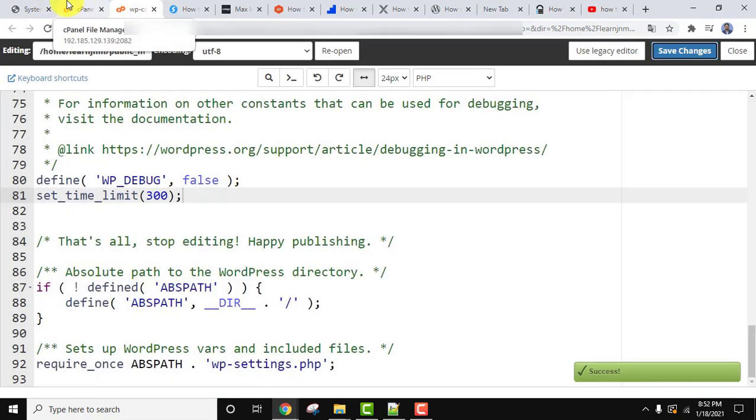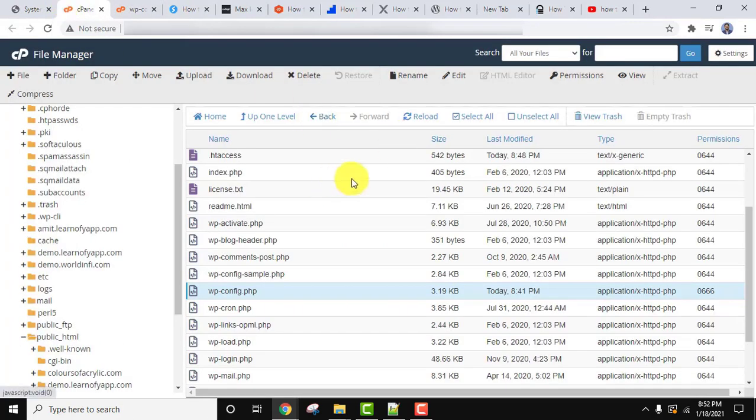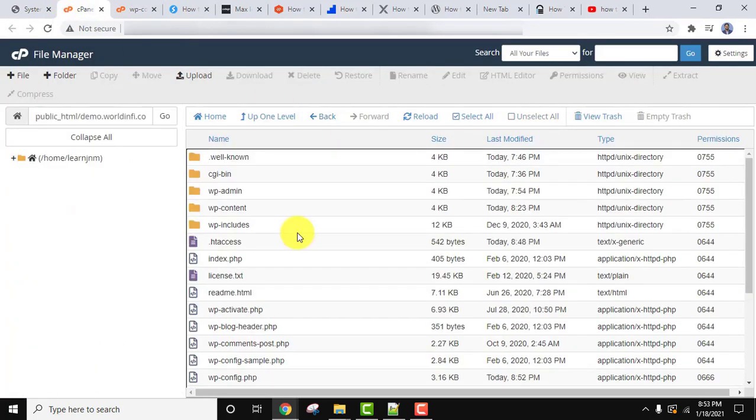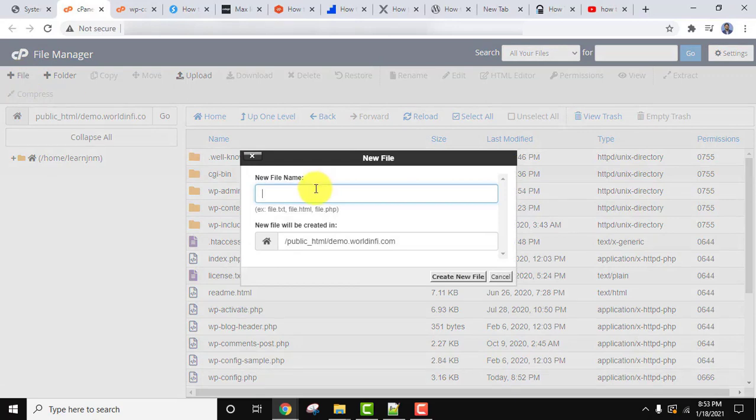So I'll go to the cPanel again. These are our files. So guys, here go to file, create a new file, name it .user.ini. Okay, and click on create new file.